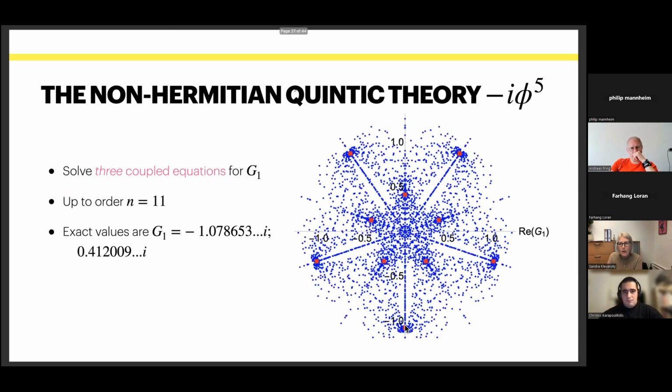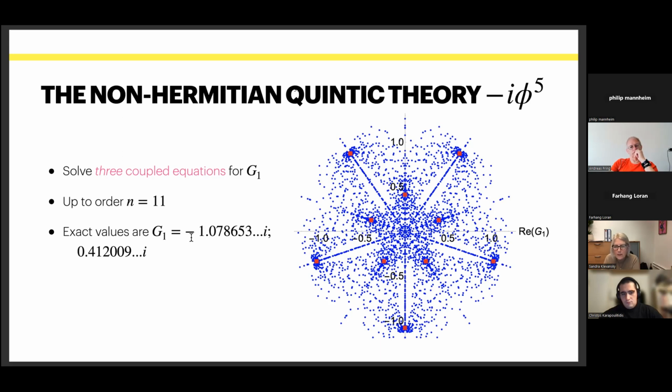So one can go even further. If, for example, we solve the theory for the quintic equation, then we unfortunately now have to solve three coupled equations. So this becomes also, in the way that you solve it, more complicated. And the exact values which we can calculate are